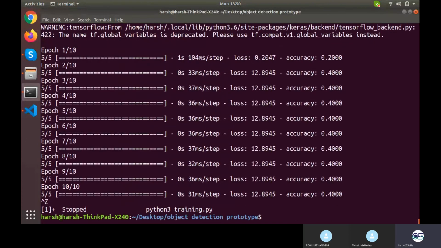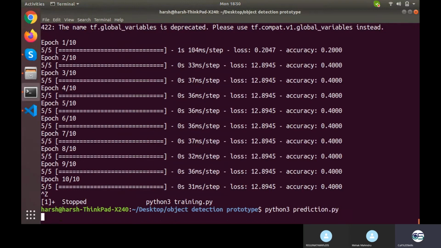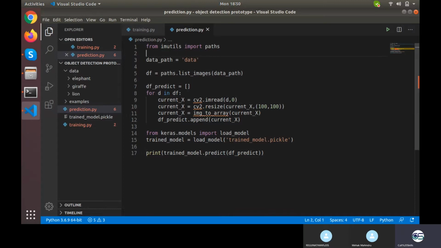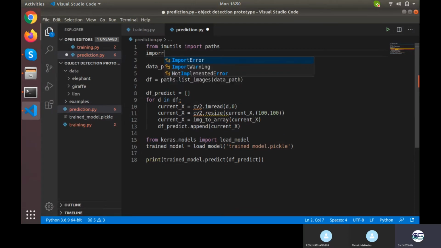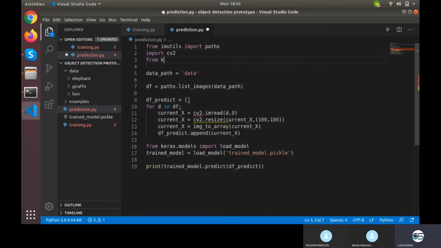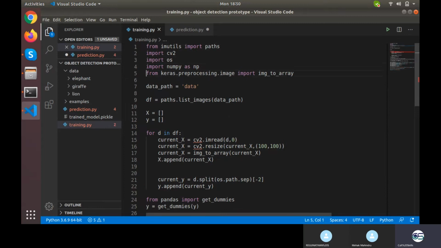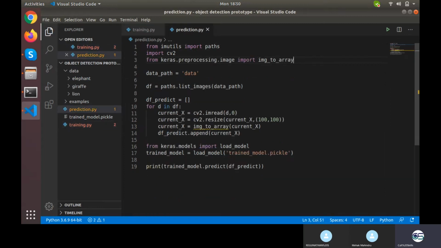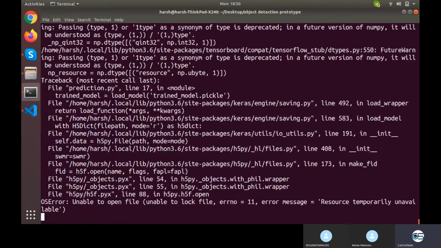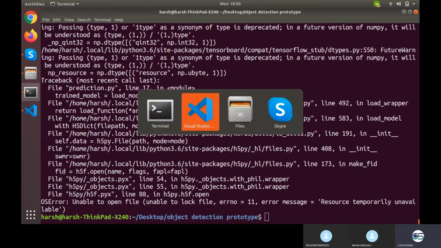Oh, sorry, I just have run training file. I want to run prediction file. CV2 is not defined. Sorry, my bad again. We need CV2. We need from keras, pre-processing, all of that. I guess everything is defined right now. Unable to lock file, source temporary.